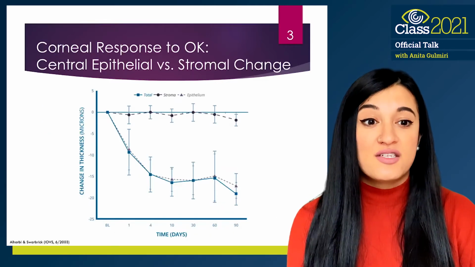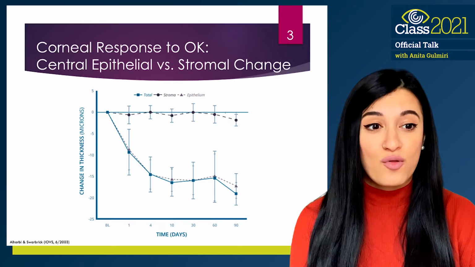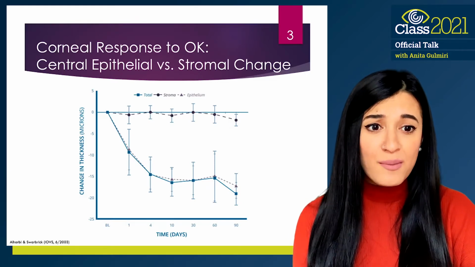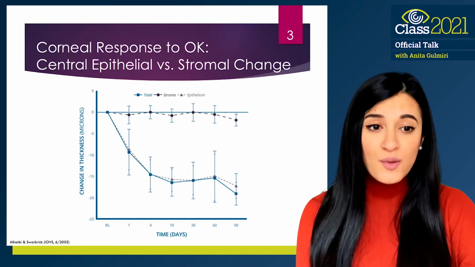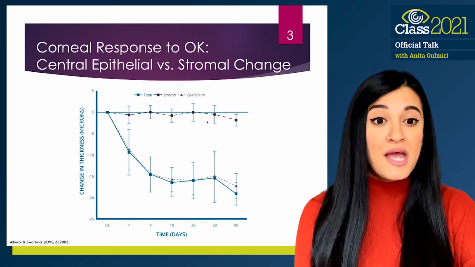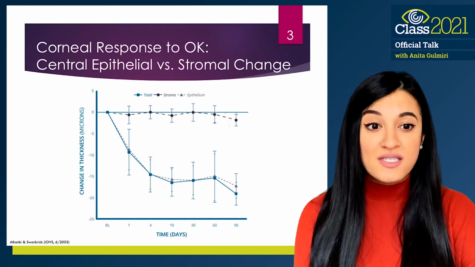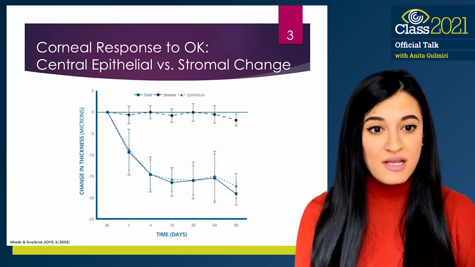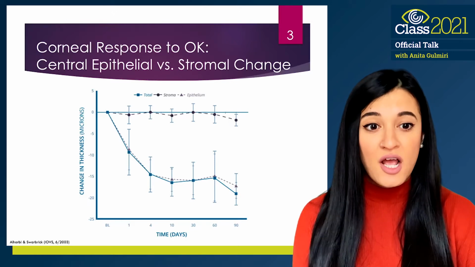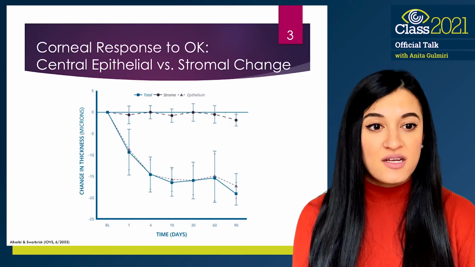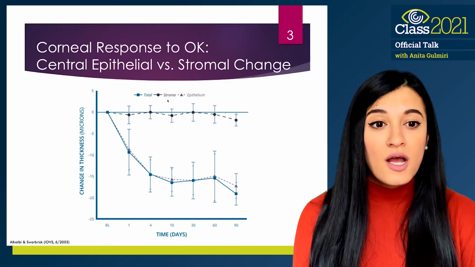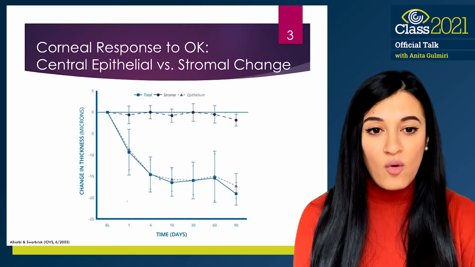Here's a figure that is a great illustration of the effects of ortho-K lens wear on corneal anatomy. One theory behind ortho-K is that fluid within the central epithelium is compressed. So there's no loss of cells and no cells actually move, but the fluid within these cells moves and gets dispersed. So this graph here presents the changes in corneal thickness broken down as total, stromal, and epithelial over a